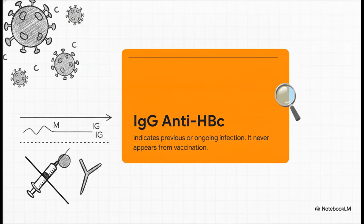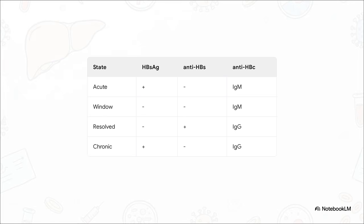past infection. Finally, we have the anti-surface antibody. This is our protective, neutralizing antibody. If it's positive, it means the patient has either successfully resolved an acute infection and achieved natural immunity, or they've been vaccinated. If they were vaccinated, the anti-surface antibody will be the single, solitary positive marker on their entire panel. Let's see how this all builds into the complete panel, state by state, and I want to pay special attention